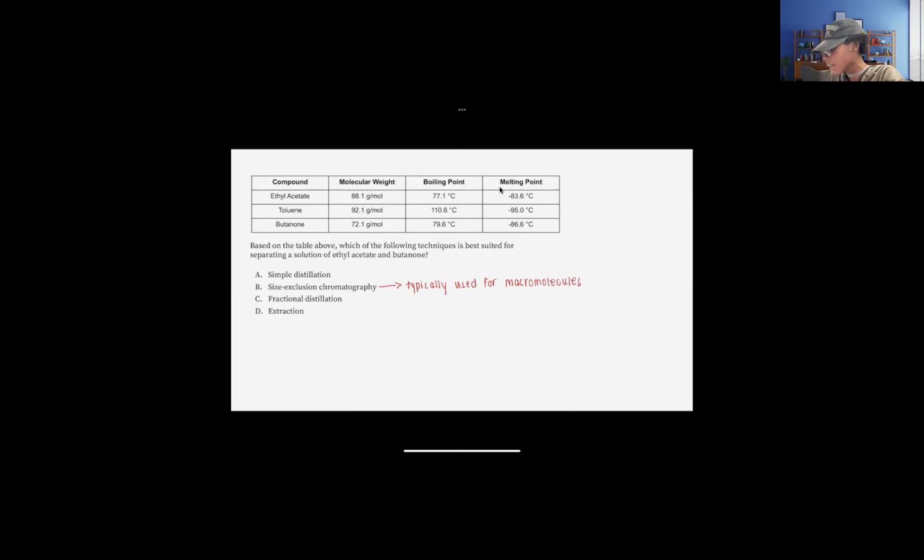You would also want a greater size difference for it to be the most effective. So outside of that, what's another way that we could approach separating the two molecules? Knowing that we can't do B,